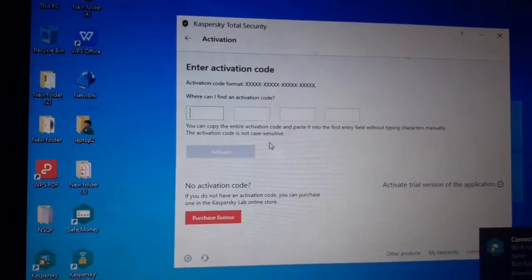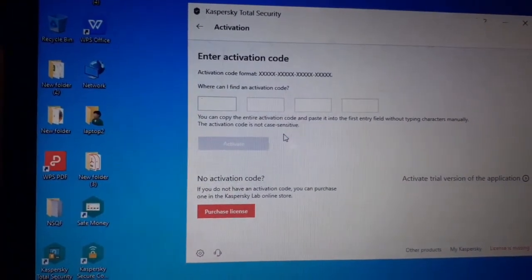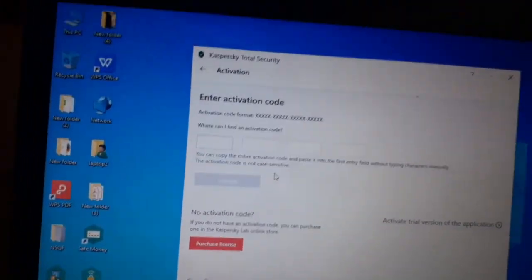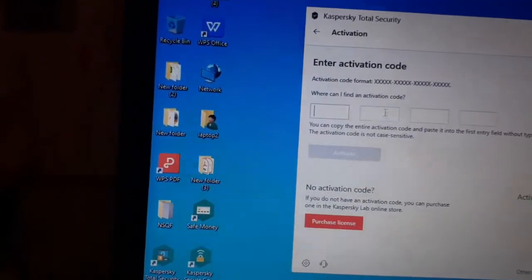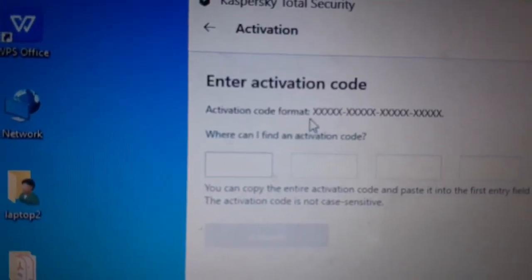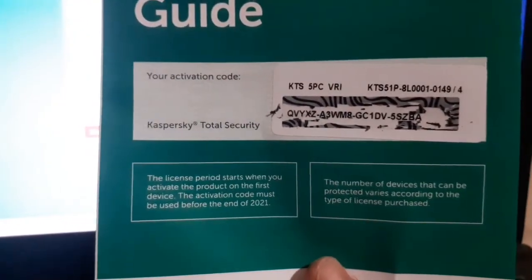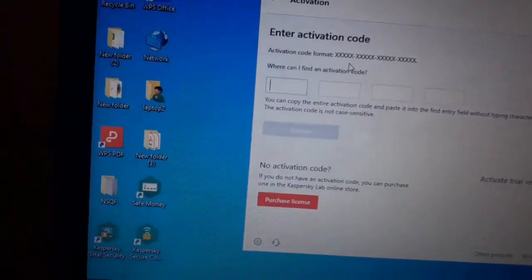Students, here we are on the most important window, that is the activation window. Here we need to enter the code which has been given to us, in the format which has been prescribed. We need to enter the product key, which is also called the activation code. It is given to us on this guide manual. I just have to scratch the code, and now we are going to enter the alphabets as given to us.